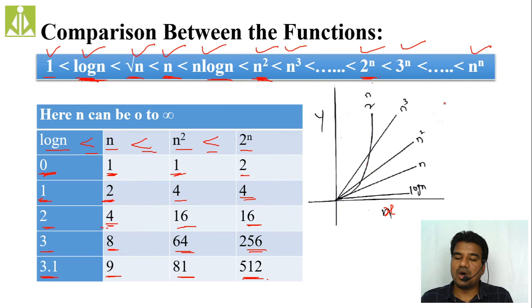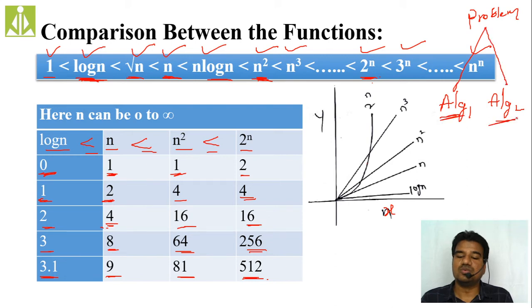Okay, two algorithms, they are solving the same problem. We have one problem statement and we have two algorithms, algorithm 1 and algorithm 2. Now what we do, we do the time complexity analysis of algorithm 1 as well as algorithm 2. Let us assume I got, for the first algorithm, f of n equals to,